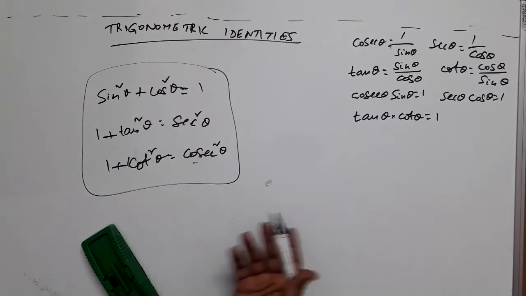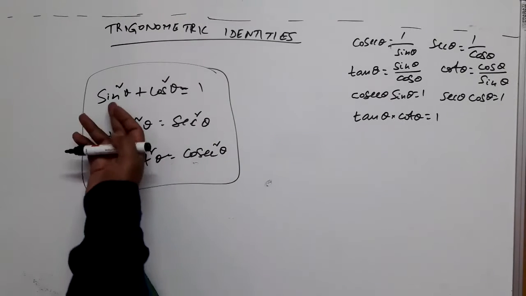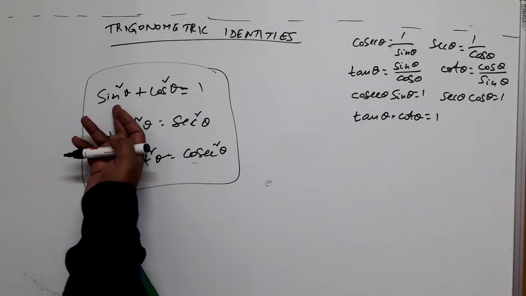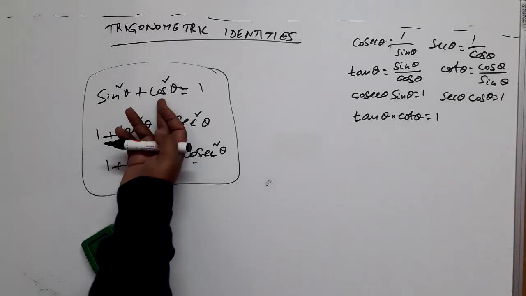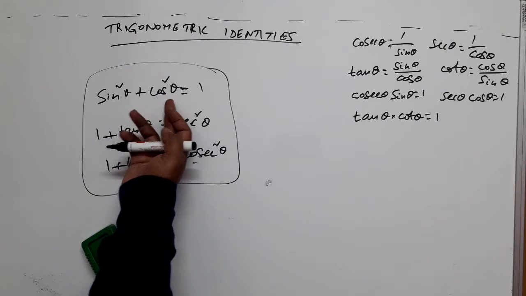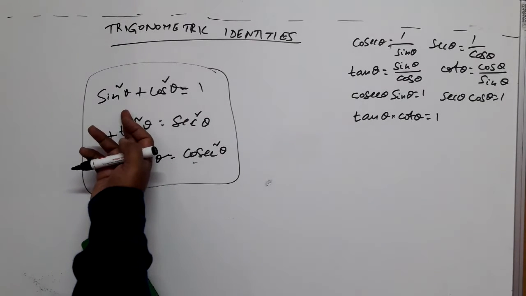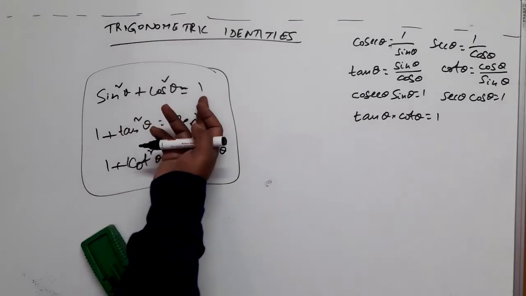Let us say 30 degrees, substitute. Yes. Sin 30 degrees is 1 by 2. 1 by 2 whole square is 1 by 4. Cos 30 degrees is root 3 by 2. Root 3 by 2 whole square is 3 by 4. 3 by 4 plus 1 by 4 is, yes, 4 by 4. That is 1. Tally it or not.